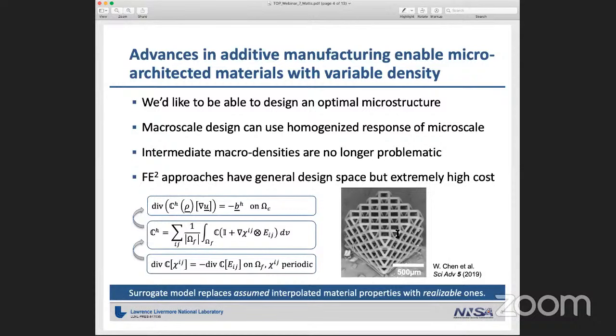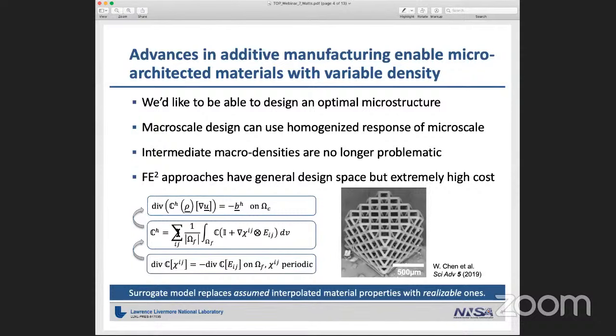When you have such fine scale features at a bulk scale, the response of the microstructure looks at the macro scale like the response of a homogenized solid with particular properties. So I'm showing here, this is the same physics, linear elasticity I was showing on the previous slide, except now instead of having a pointwise elasticity tensor, we have a homogenized tensor. This governing equation works at the macro scale only. We have the homogenized response of a fine scale structure.